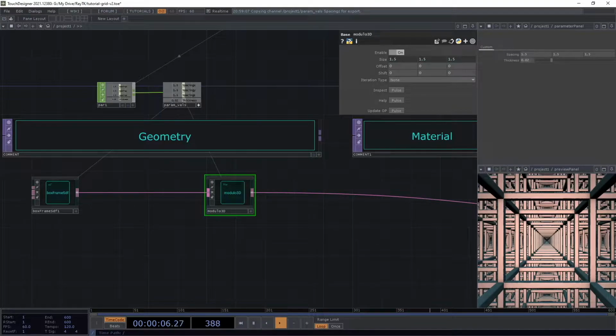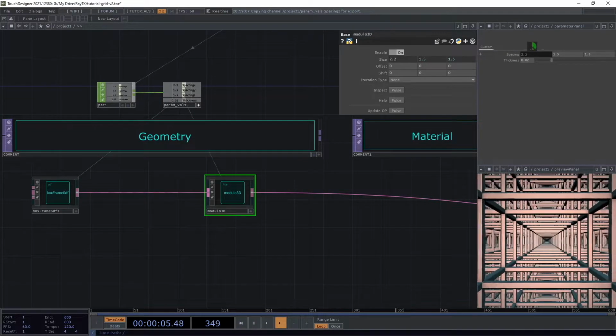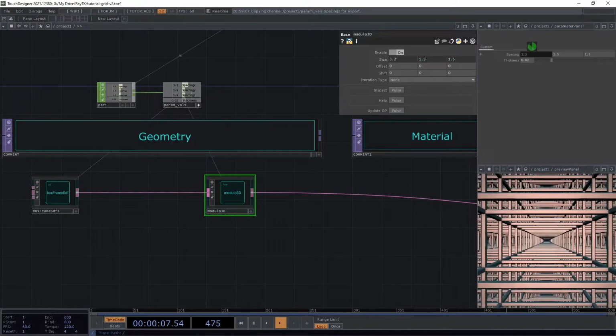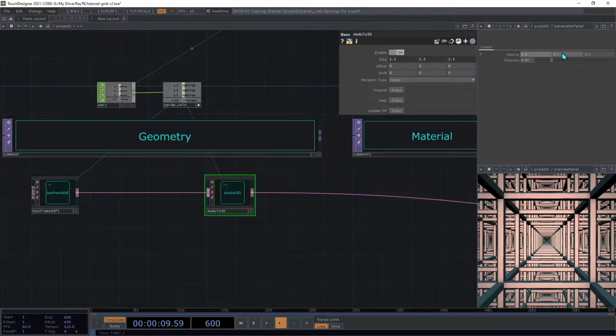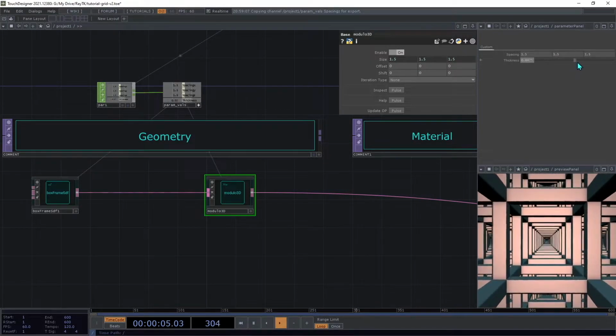And we can now see that it is repeating each of those cells along all 3 axes. And if you adjust the settings on the parameters here, the 2 will now remain aligned with each other, no matter what settings you use there. You can also try changing the thickness parameter to adjust the size of the